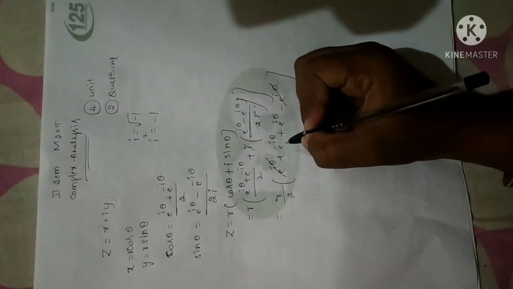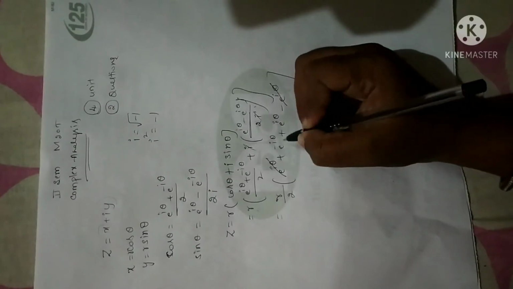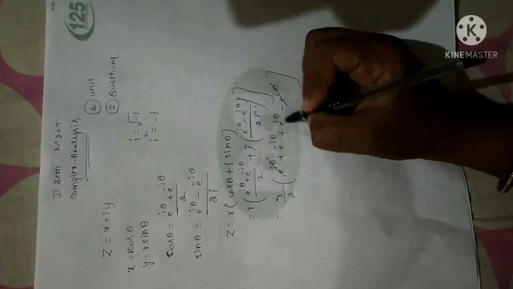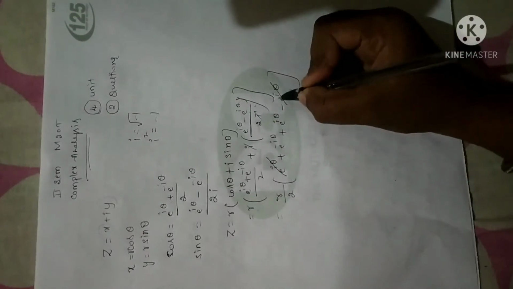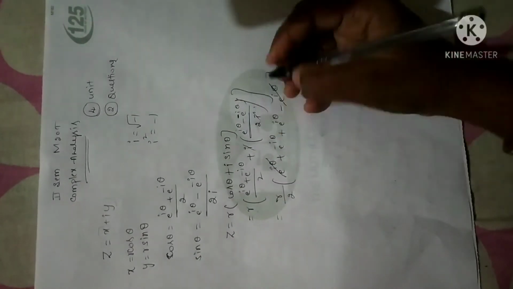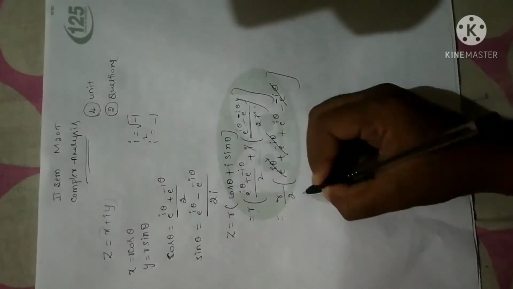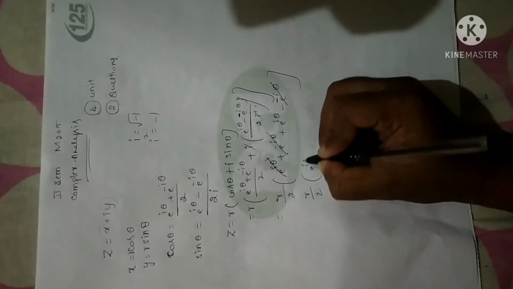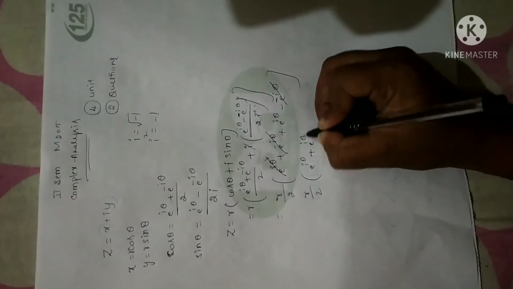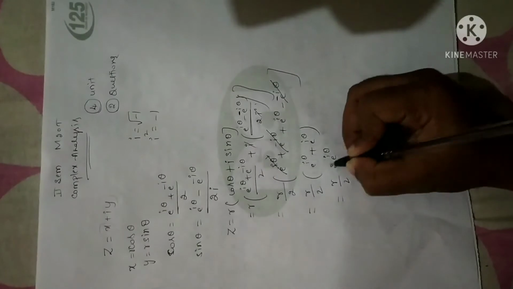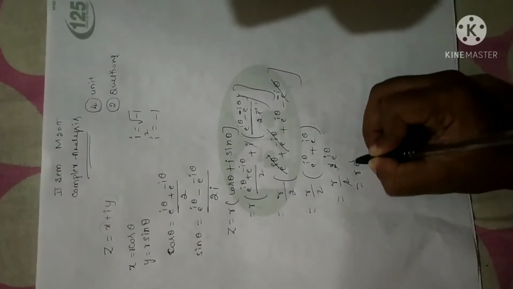Again, just look at the values. Since I have a minus here, I forgot: the terms with plus and minus get cancelled, and this term will be remaining. So let me write e power of i theta plus e power of i theta. What you are going to get is r by 2 into 2 e power of i theta, the 2 gets cancelled, and we can write r into e power of i theta.